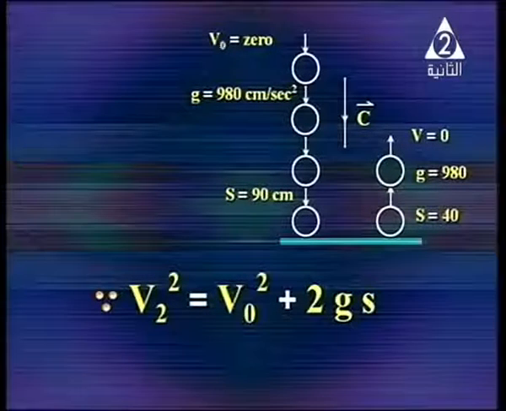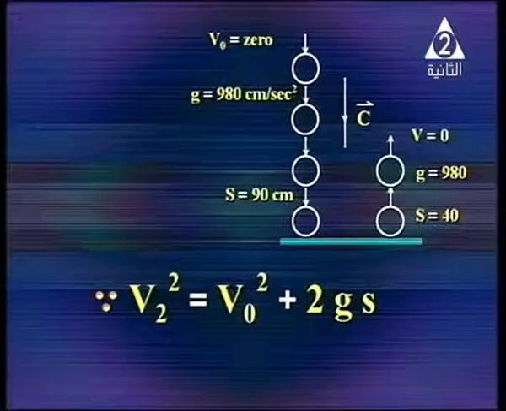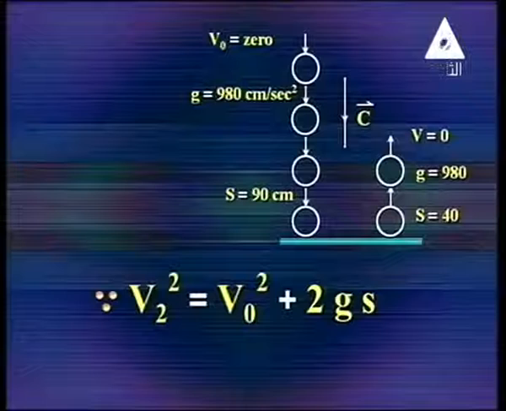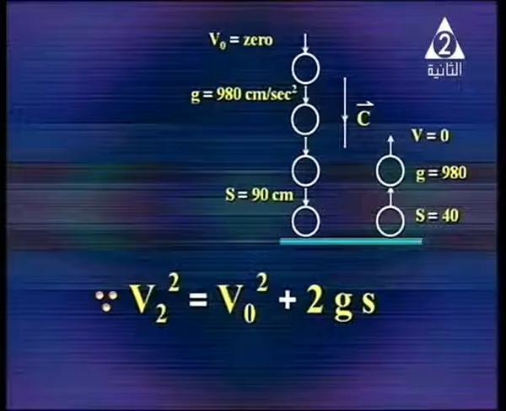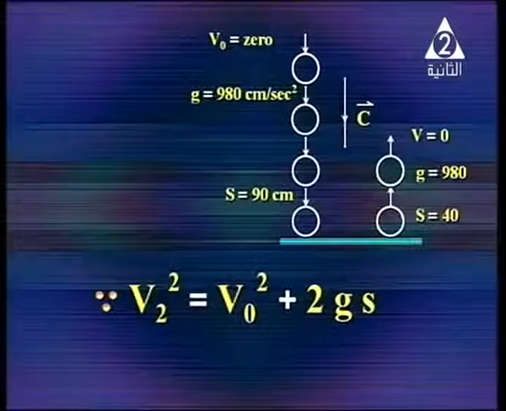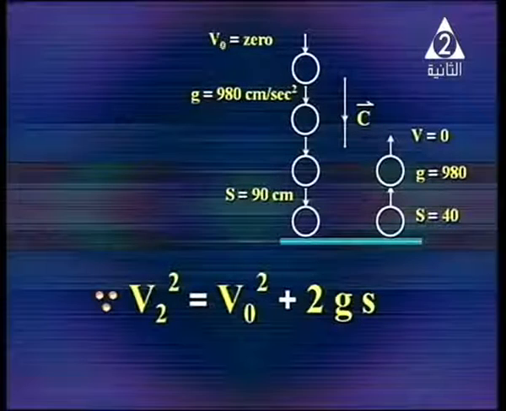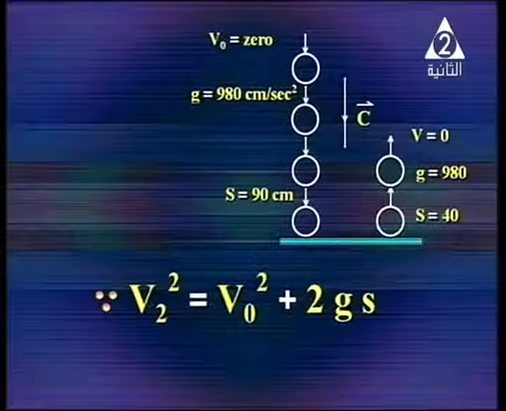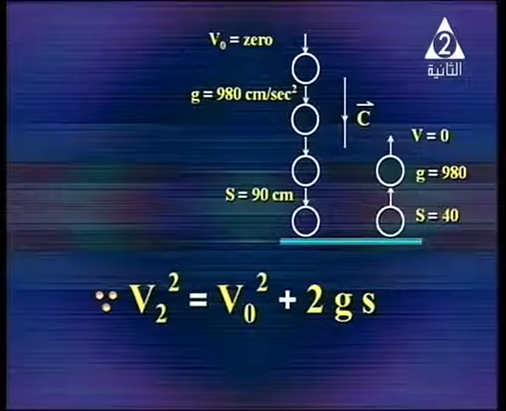But when the rubber ball rebounds up, then G is negative. V square equals V naught square plus 2GS. What is the value of V naught? 0. By substitution, V naught equals 0, G 980